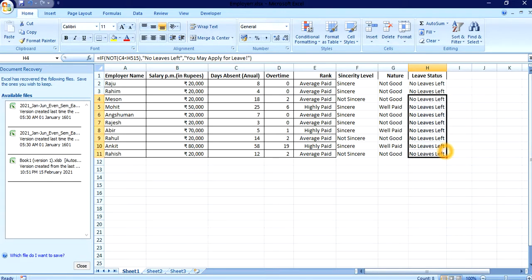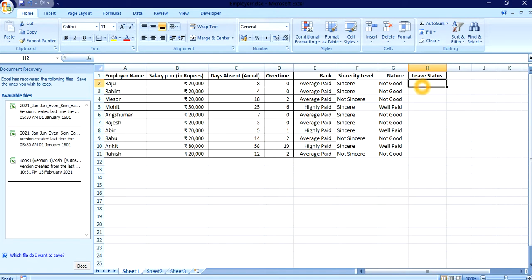No leaves left, because one condition is not properly satisfied here. So let's clear this. Why I have done this is because I want to check from your side how you will code this. Okay, so I hope that condition is clear to you, right? Equal to if, then not,